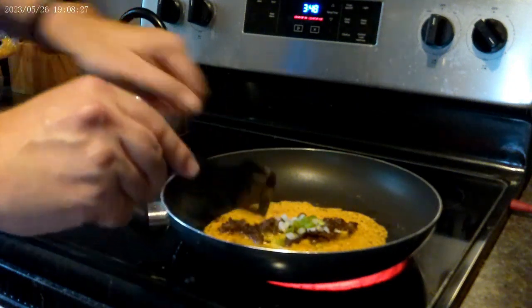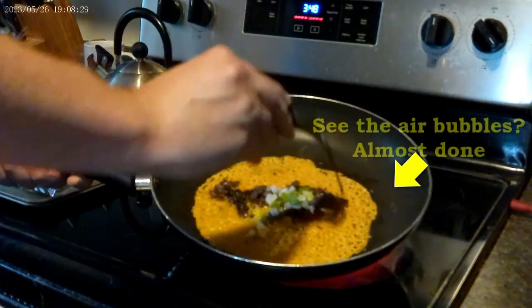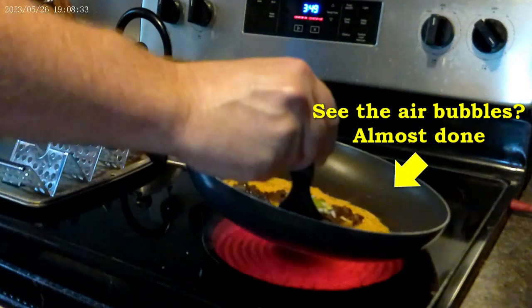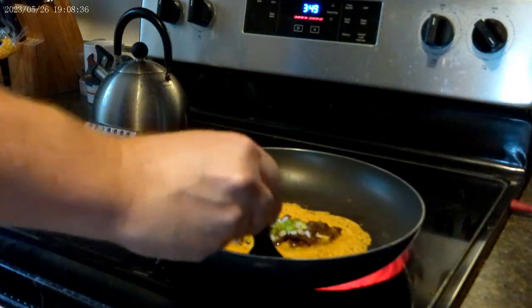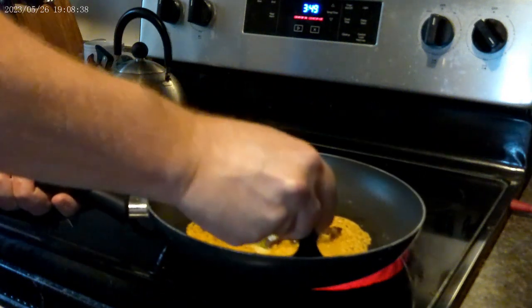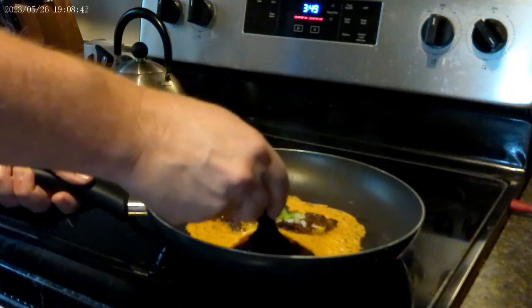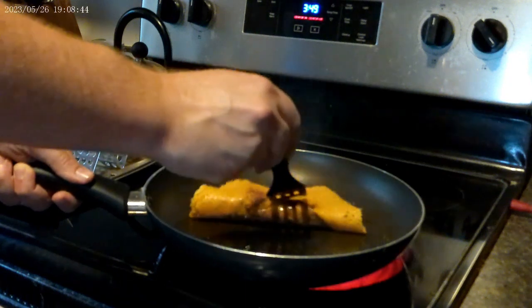Alright folks, so right now the cheese has started to harden. So you want to take your spatula, and it's going to kind of be stuck to the pan, and you just want to gently stick it under there until it starts to come off. So then what we want to do is just flip it